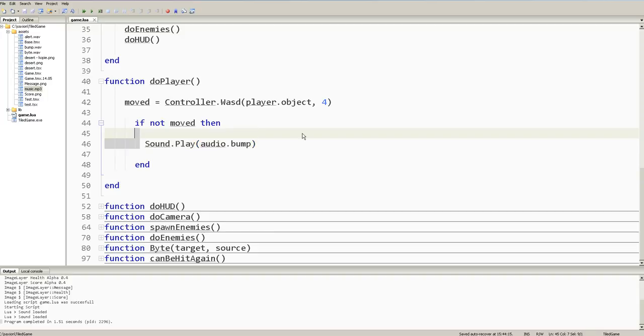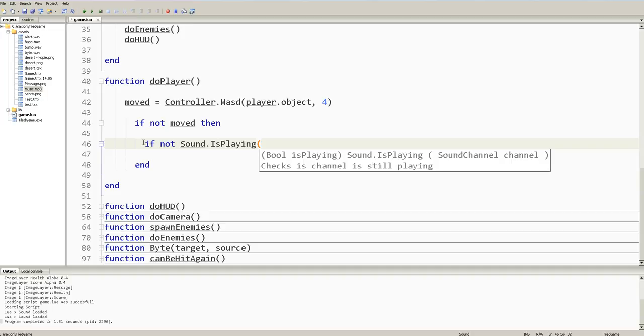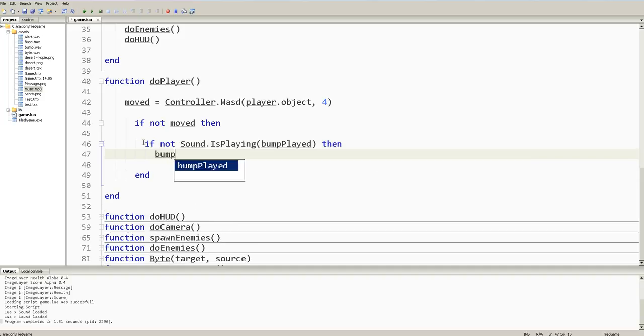What we can do actually is check if the sound is playing or not. And if it's not playing, then we can play it again. And if it's playing, just don't play it. So we can check here if not sound, and actually it says here is playing. And here I'm going to do bump played because it's asking for a sound channel. I'll get back to that later on. So I'm going to say bump played. Then bump played is sound.play